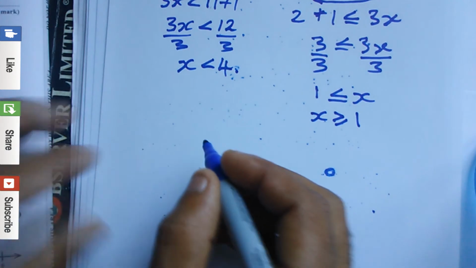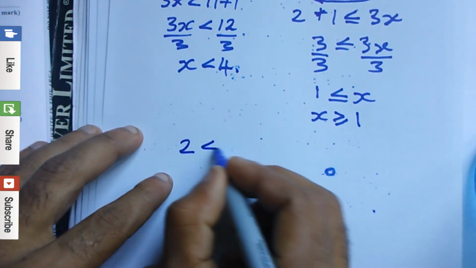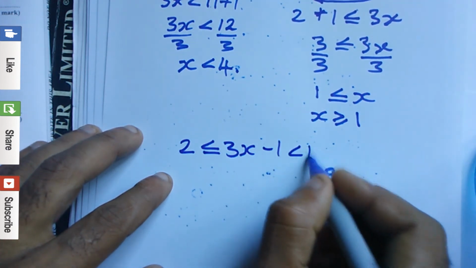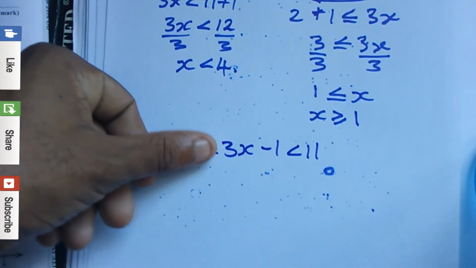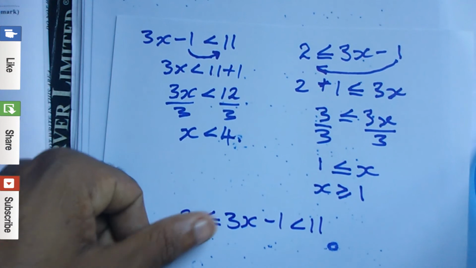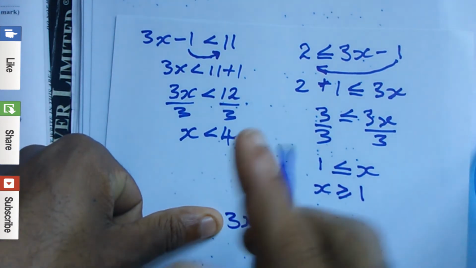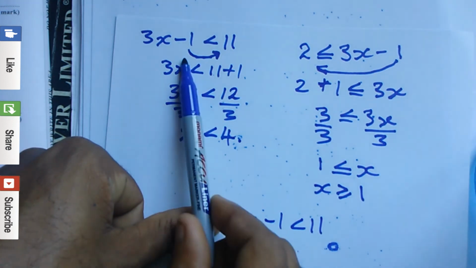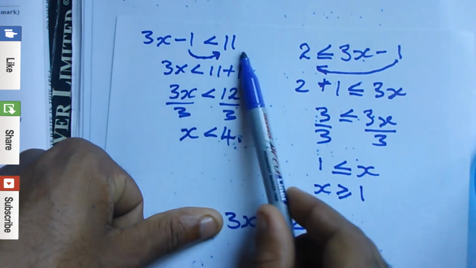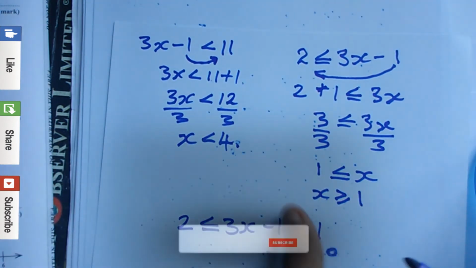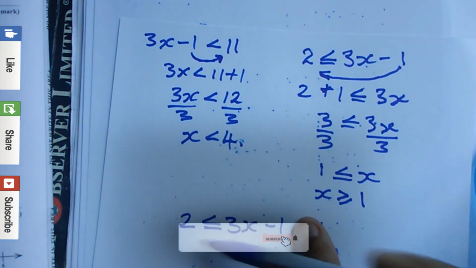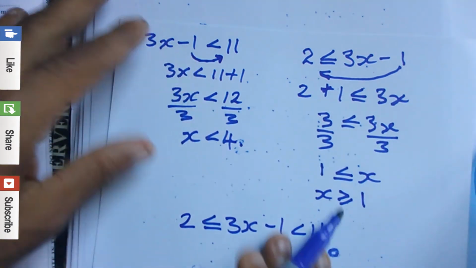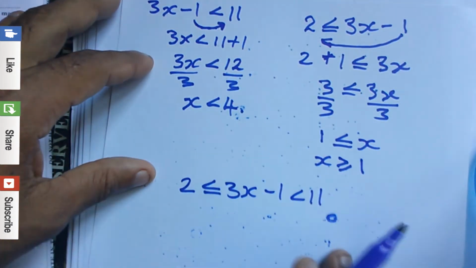So I'm just going to rewrite it here. So we have 2 is less than or equal to 3x minus 1 less than 11. Now, if I put my finger over this section of the question, you'd realize that this section here is equal to this. And if I put my finger over this section, you'd realize that this section here is this. So all we need to do is represent the solutions for these two that we solved before